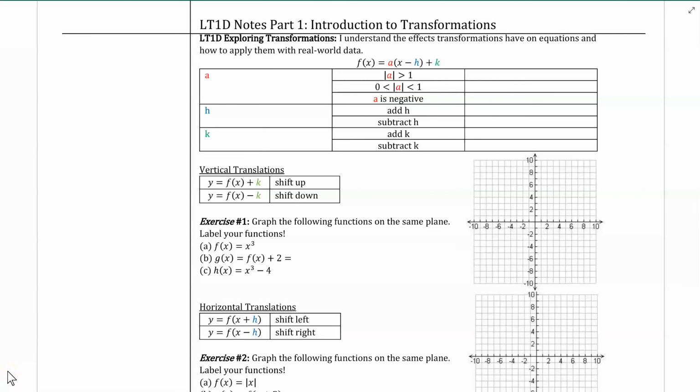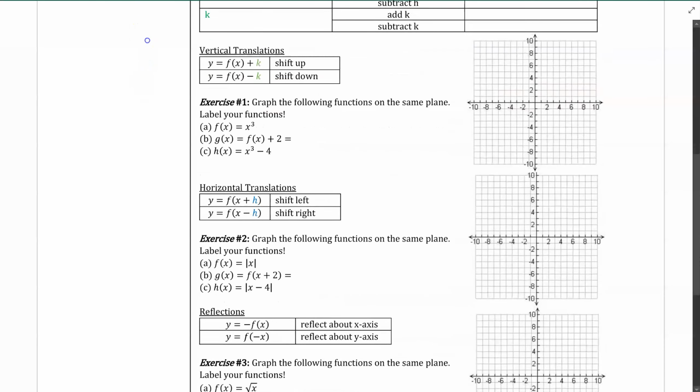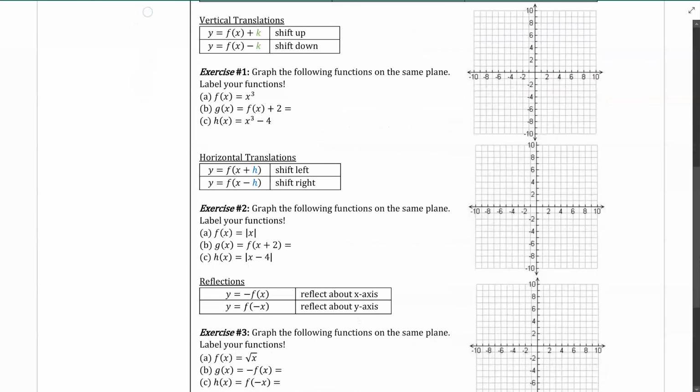Introduction to Transformations. At the top of this set of notes, we have a table, but we can go ahead and ignore it for now. For this set of notes, we'll be talking about transformations individually, and in the next set of notes, we'll be tackling them all together. So first off, we have vertical translations, which means that the graph moves vertically or up